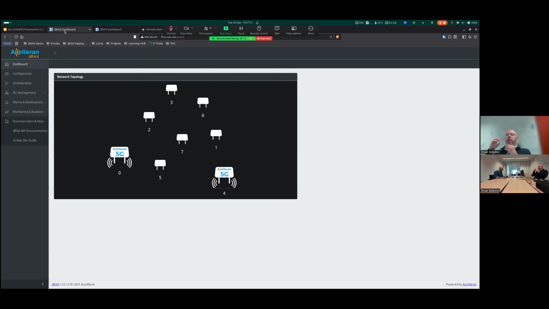Now, thanks to the infrastructure and how we've developed the RIC, it runs on a Kubernetes cluster. That gives us an advantage because the Kubernetes cluster can be distributed among many servers, and some of those servers might be closer to your RAN. Some of those servers might be in the cloud. We've had a deployment where we had a server on AWS, so on the cloud, and we had a server here locally in our lab. What we then did is connect these two servers into one Kubernetes cluster.